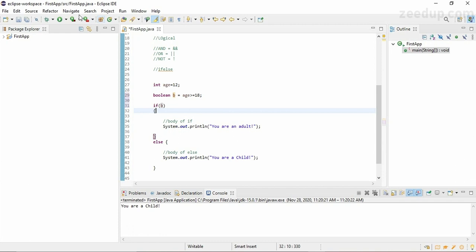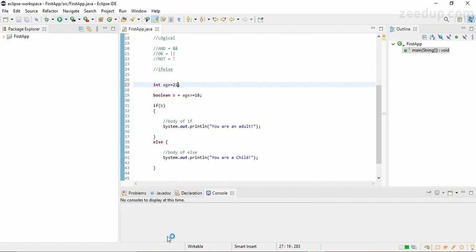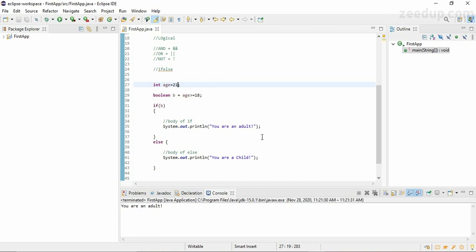Like if we just keep the age as 12, so you are a child. Suppose we change the age to 21 once again, then we are getting you are an adult as the output. So that's how the if else statements work. But this is a very specific approach. You have to change the value of the age variable and you already know what is going to be the output. The generalization for this program can occur in the fact that we can prompt the user to enter